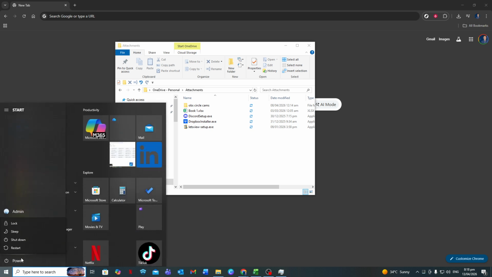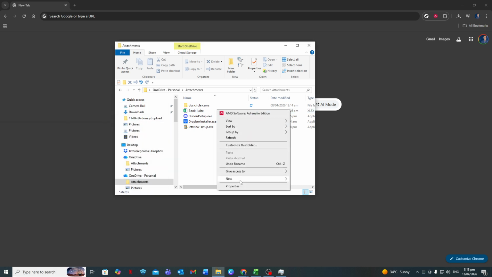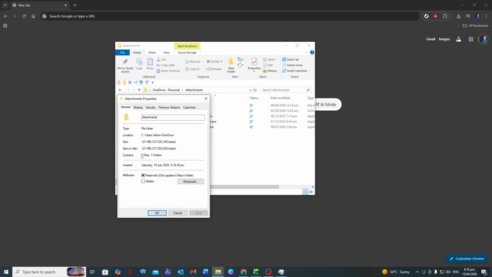Finally, if permissions are the issue, you may need to take ownership of the file. Right-click the file, go to Properties, then the Security tab, and adjust permissions so your user account has full control. Apply the changes, then try deleting again. By patiently working through these methods, you'll usually be able to remove even the most stubborn files